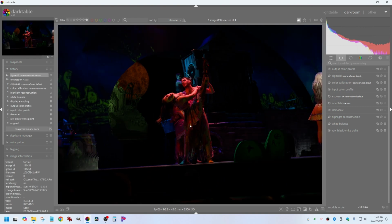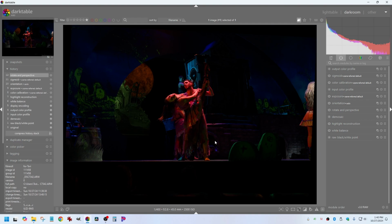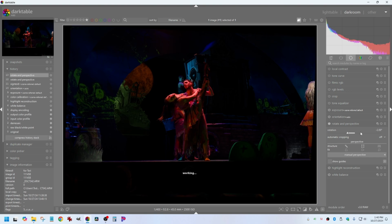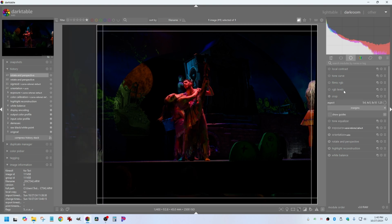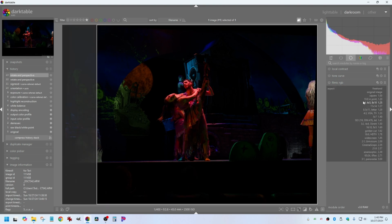The first thing I'm going to do is get a crop and get the picture straightened. So let's say that horizontal, if I hold down my right mouse button and drag, that sets the horizon. And now I can crop this so that we've got a good picture. With show pictures like this, I tend to do these freehand. So now that I'm looking at this, I think it's tilted just a little bit to the right. So I'm going to click back to here and roll this back. That looks a little bit more level to me. Then I'm going to crop and do a freehand